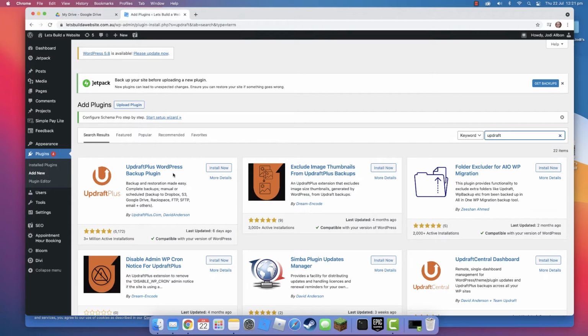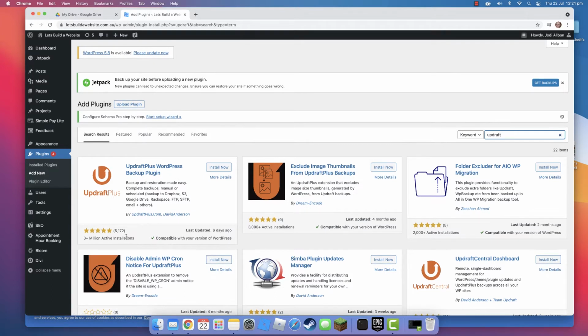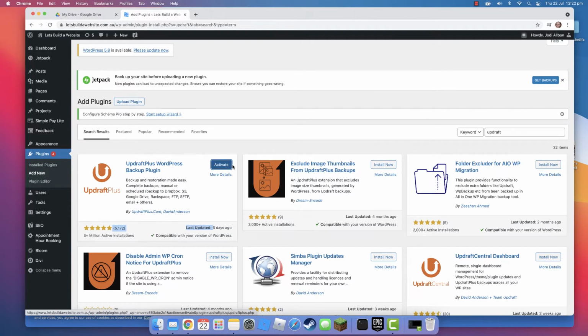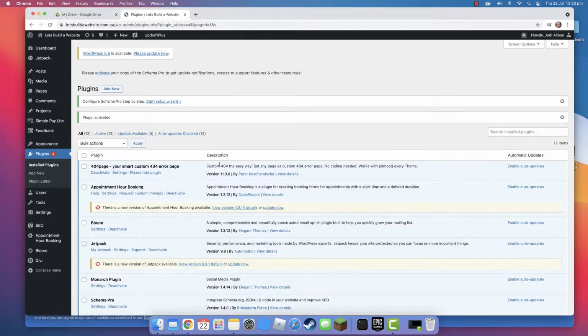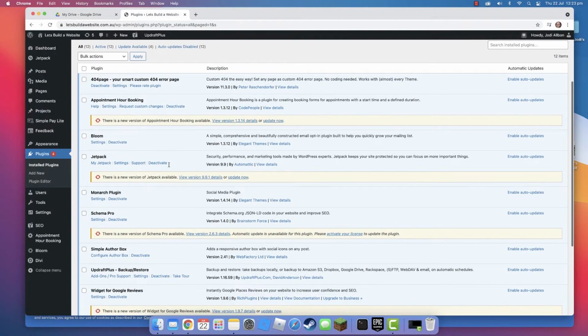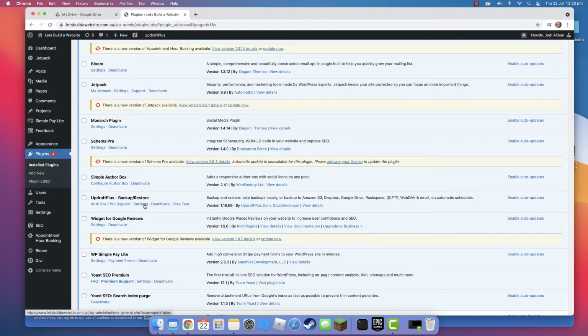So there it is there, Updraft WordPress Backup plugin, which has got 3 million plus active installations, and it was last updated 6 days ago, so that's good. So we're going to click the Install Now button. So that's installed. Now we click the Activate button. If you go down to the plugin, Updraft Plus Backup Restore, click on the Settings link,